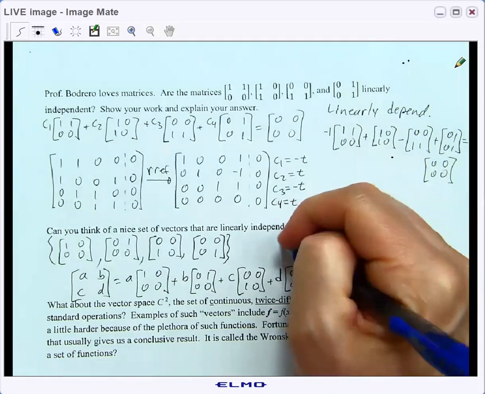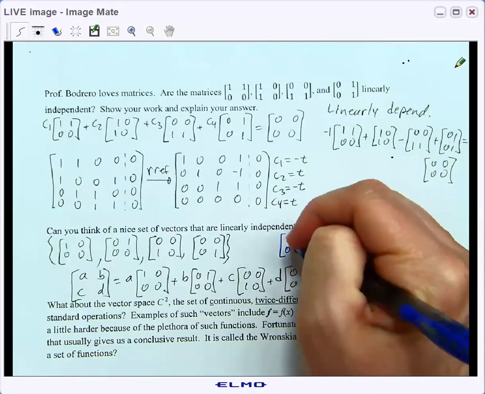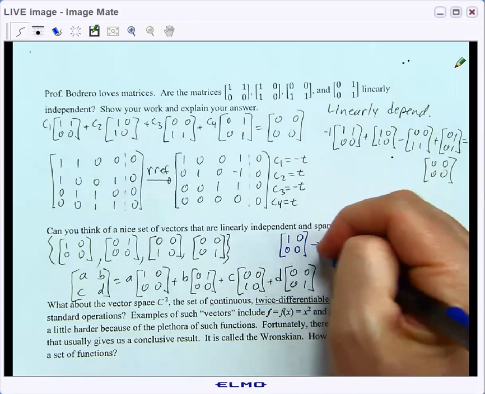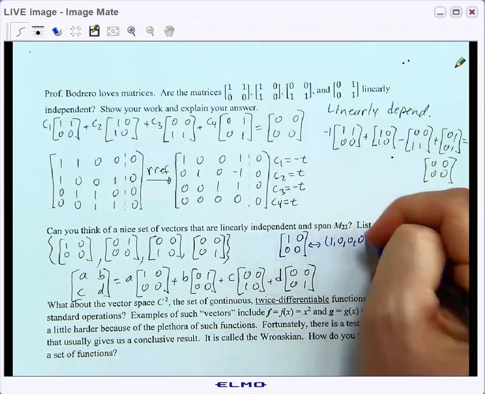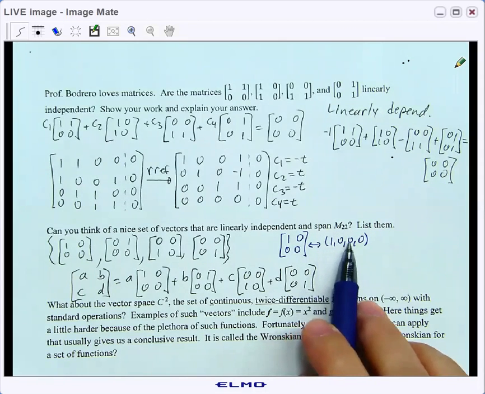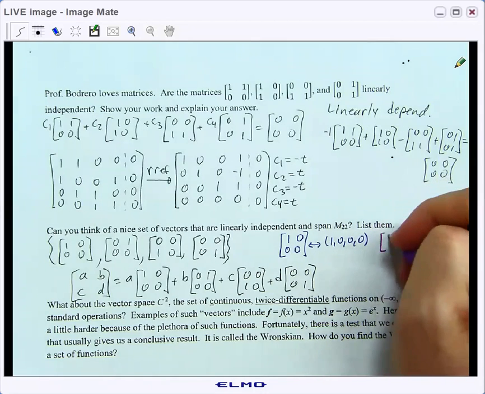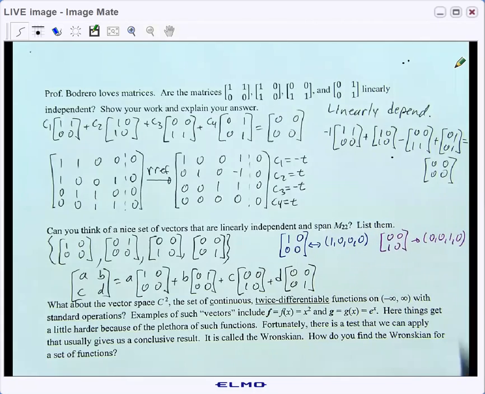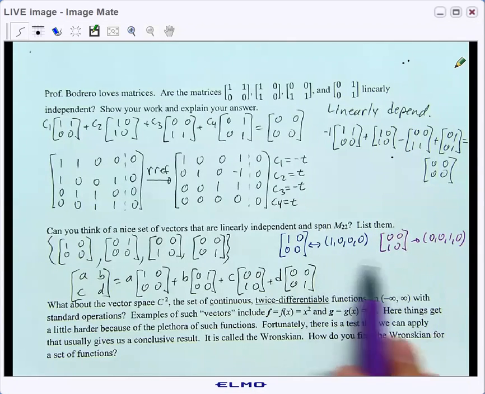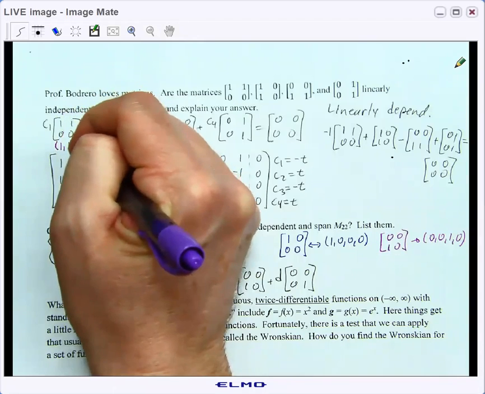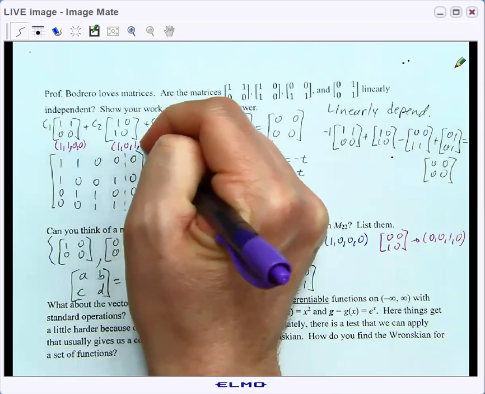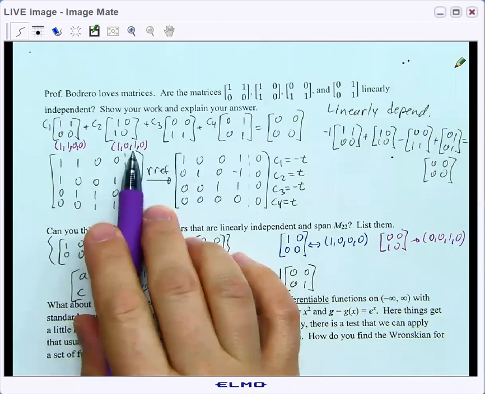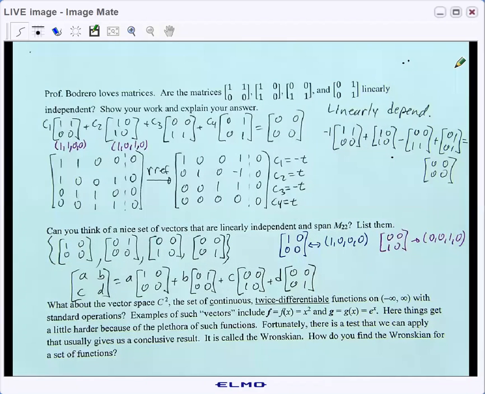But this shouldn't be too surprising, as we saw that matrices are a vector space. And so the matrix [1, 0; 0, 1] corresponds to the vector in R4, if we read left to right, top to bottom, 1, 0, 0, 1. And the matrix [0, 0; 1, 0] would correspond to the 4-vector 0, 0, 1, 0. And under standard operations, we know that R4 will behave like a vector space. So you could then see that these guys, [1, 1; 0, 0], [1, 0; 1, 0], etc., would not cover all of 4-dimensional space because they are linearly dependent. And we'll have even more to say about that. Now, we also saw in chapter 5